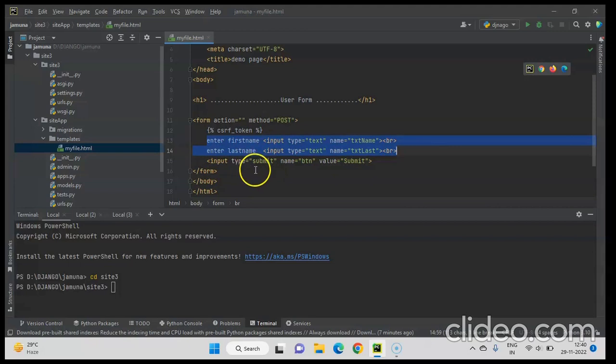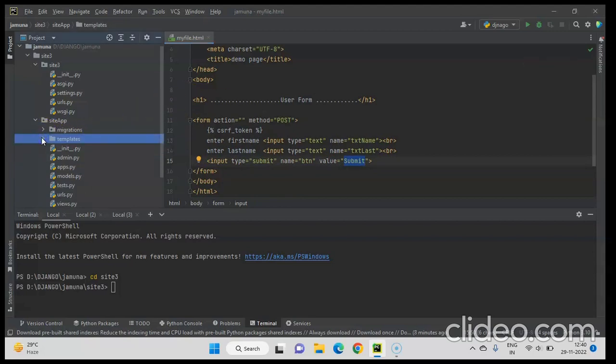Input type equal to submit, name equal to btn, value equal to submit. This submit is a caption that will be displayed on the form button. Within the form we have a button. That button will show submit. When you press this submit button, automatically the submit method will be called, and proceed further. So this is enough. This file is over. Then we work with models, because once we have created the interface,